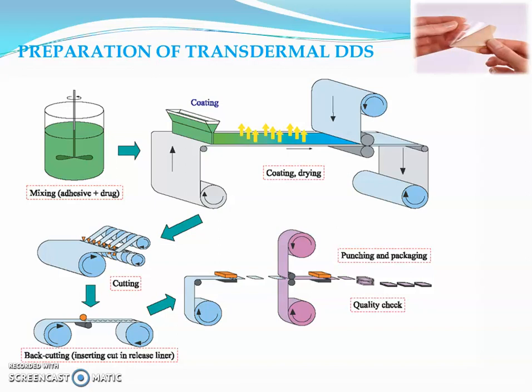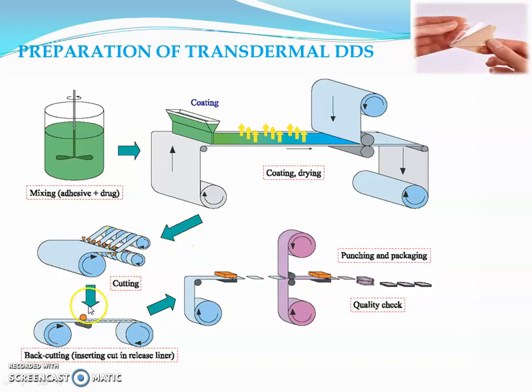When we have to prepare the transdermal patch, the drug and the other excipients are dissolved to form a solution. The solution is poured into a vessel called a spreader, where the spreader forms a film over the flat surface. At the same time, there is a supply of heat, and we have to maintain a particular temperature so that the solvent may be removed. After that, this film may be cut to the required size.